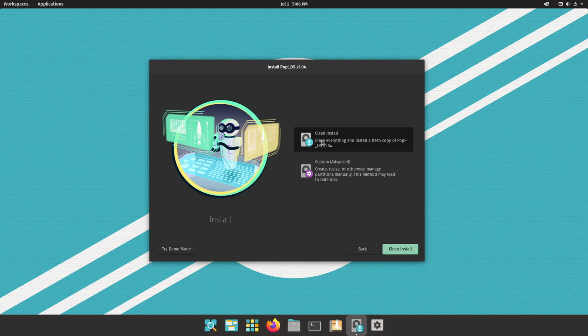and you want to just let it do everything itself, do this, clean install. The custom option is for a lot more; you have to really know what you're doing, and I would not recommend using that. You're only really going to do this if you mean to get rid of Windows completely and only use this on your computer. That's the only situation I'm going to cover. There are other ways to do it. There are other situations you can do, and you could try those if you want, but I'm not going to cover those